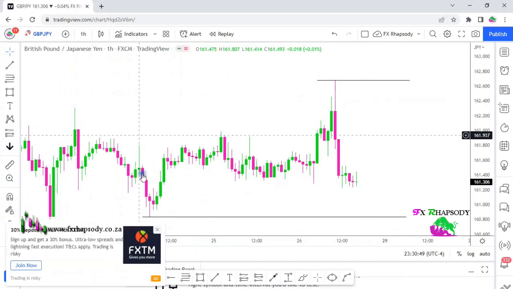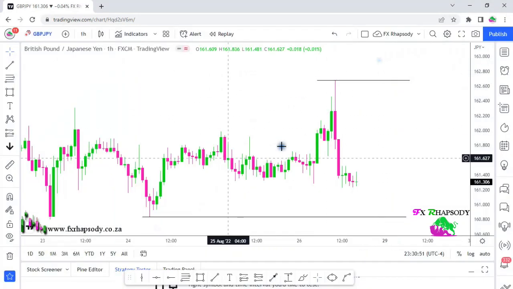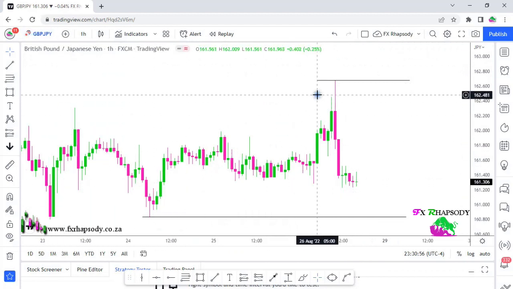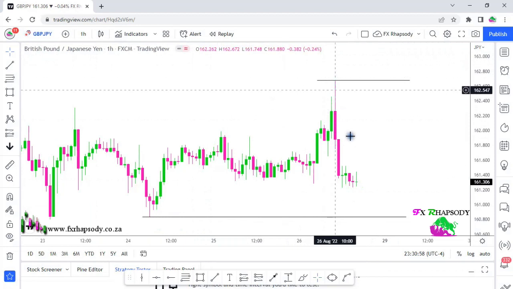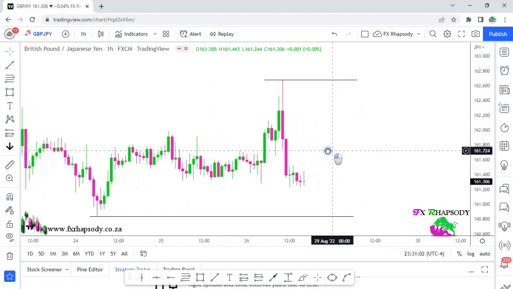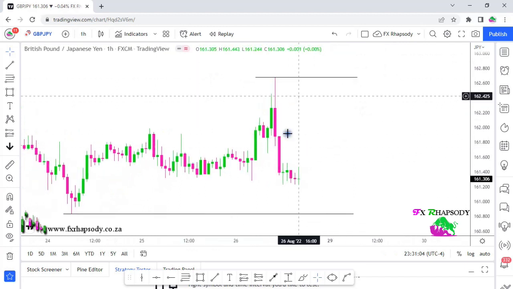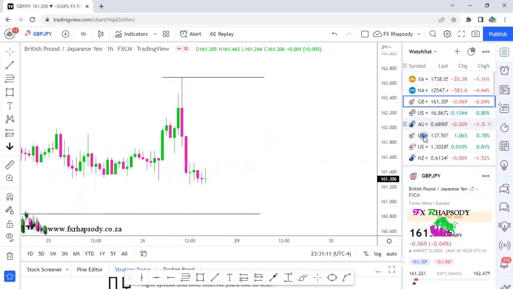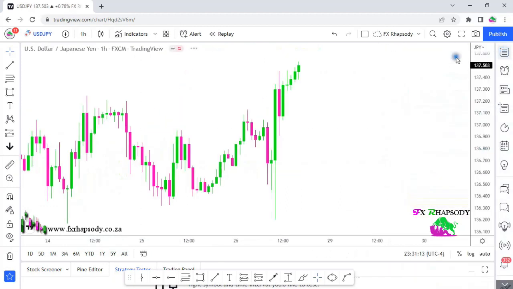So Japanese yen getting stronger pushes price down, and then British pound getting stronger pushes price up. So you get that consolidation effect, where price is just in that zone. So let's have a look at those two areas and see where price is going to be breaking out. Let's move on to the next currency pair, which will be your US dollar,